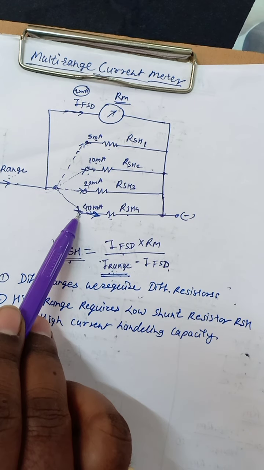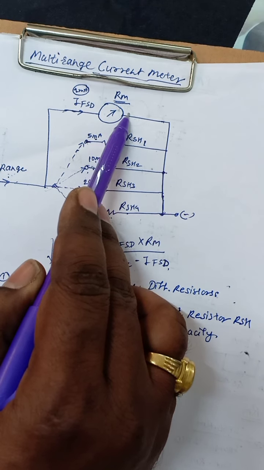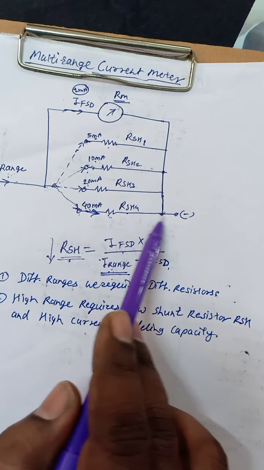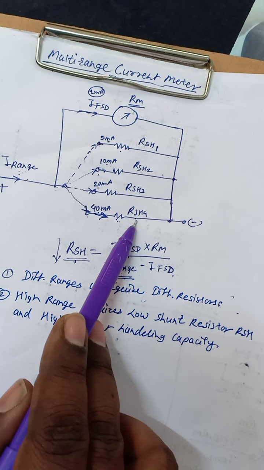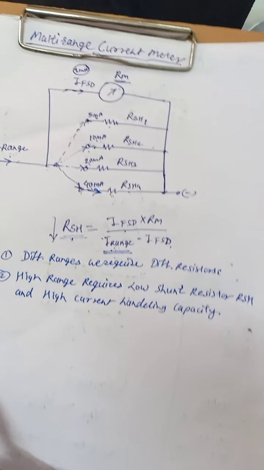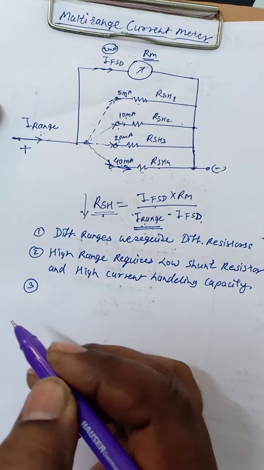For the 40 milliampere range, if 1 milliampere current flows through the meter, then the remaining 39 milliampere current flows through the RSH4. That means this resistor requires low resistance with a high current handling capacity. So this is the second disadvantage. Then the third disadvantage is